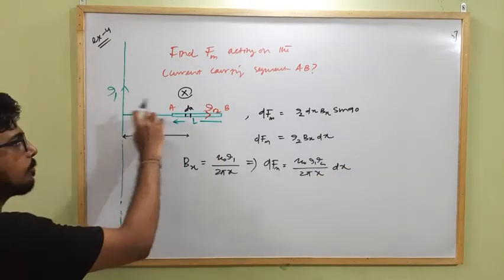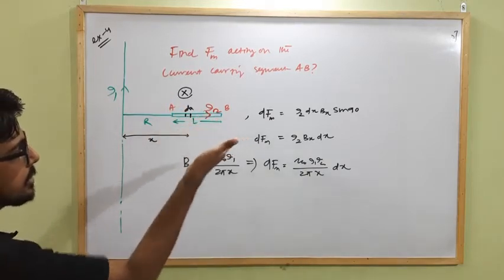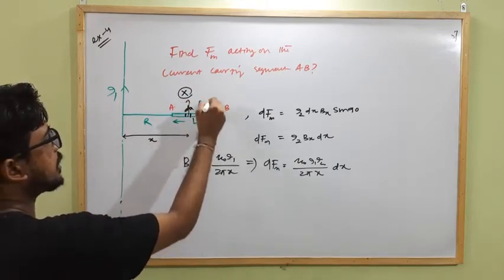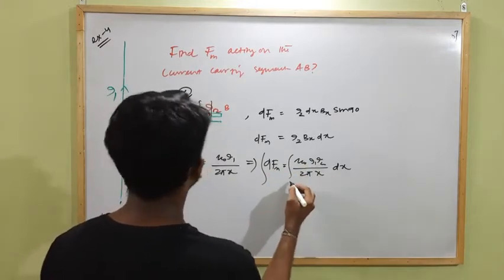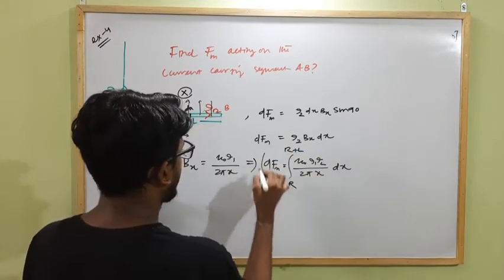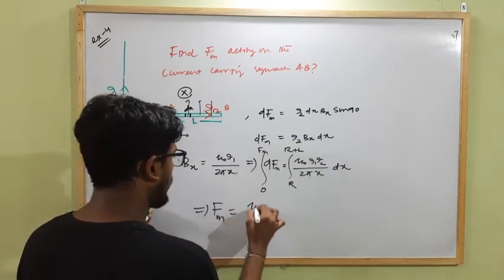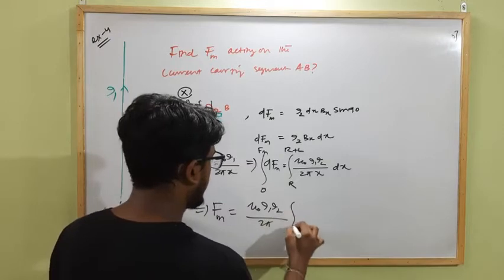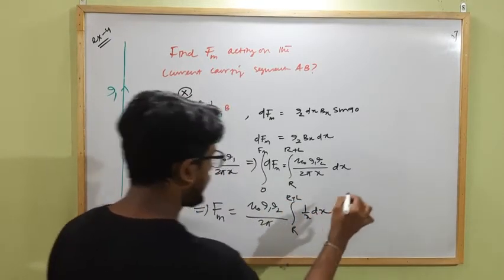Now we have to calculate the complete magnetic force acting on this, because at each and every point current is along this direction, magnetic field is into the plane, so force will be acting along the same direction for each and every segment. So net force will be integrating both sides. So x varies from r to r plus L, and F varies from 0 to Fm. So this implies the net magnetic force Fm equal to mu naught I1 I2 divided by 2 pi integration from r to r plus L 1 by x dx.